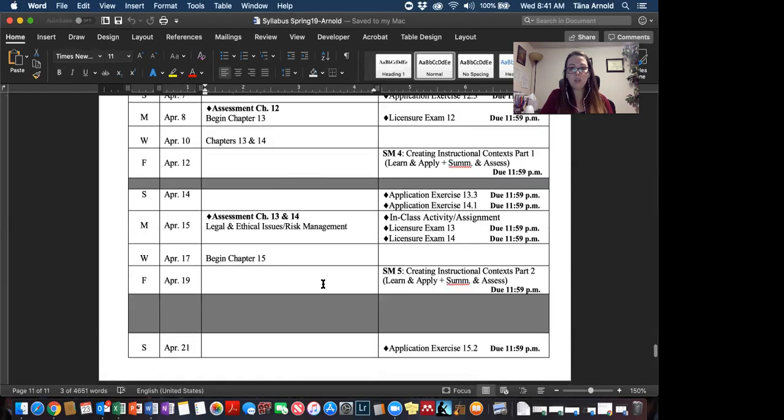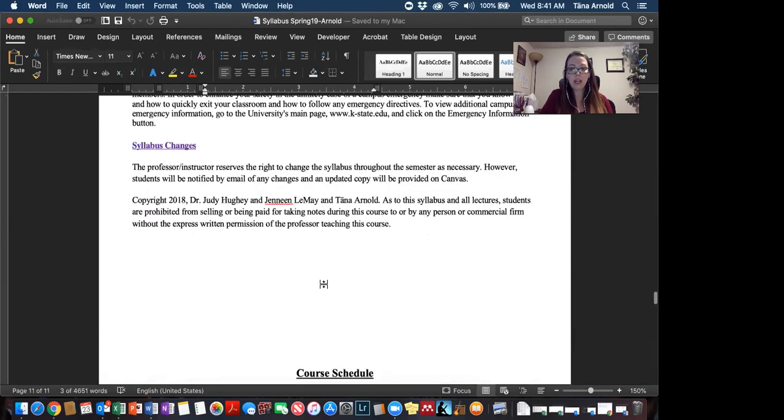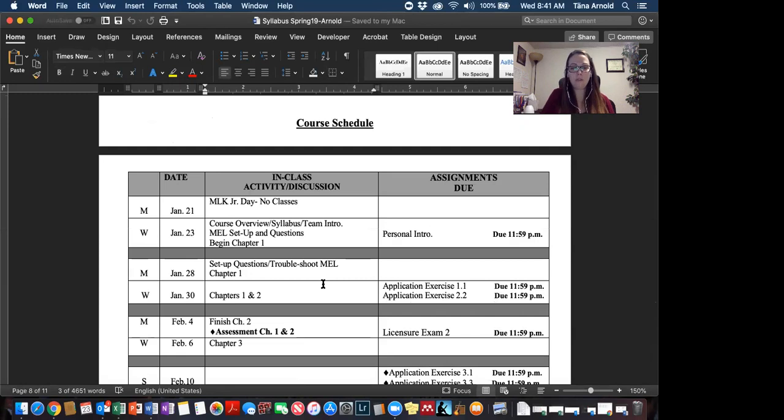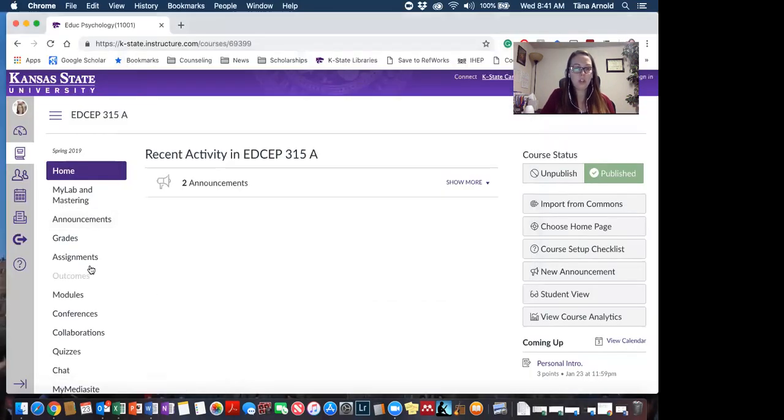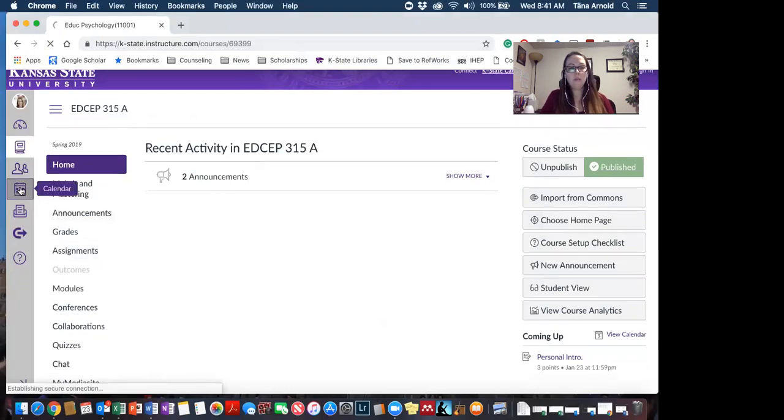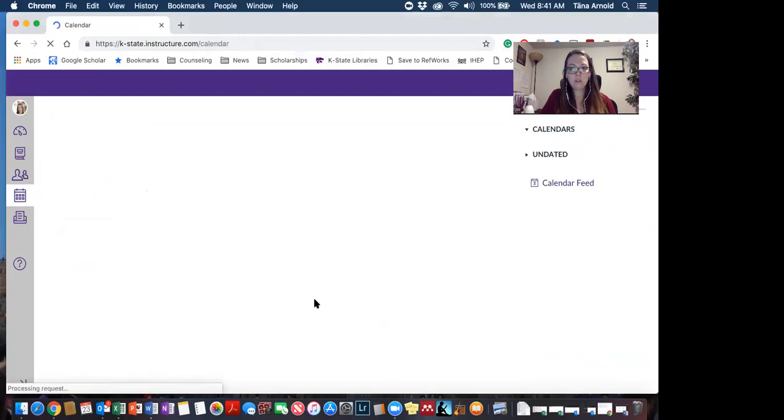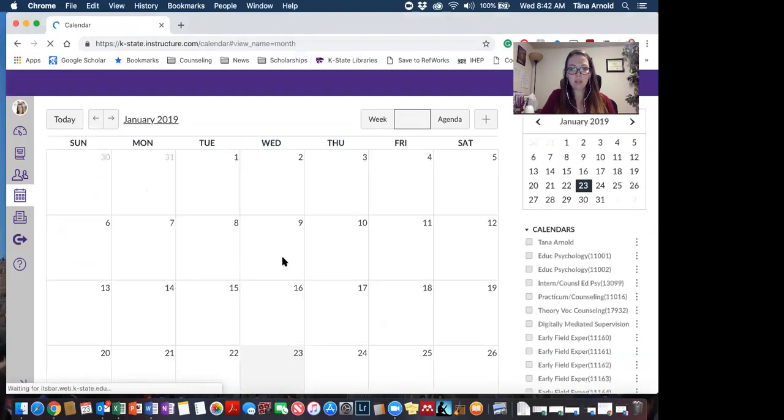So this schedule is your friend. I highly encourage you, like I said, to print it off and write it into your personal calendar, however that works for you. I have also made sure that on Canvas each assignment has a due date, so that if you utilize the calendar on Canvas, that assignment shows up there also.